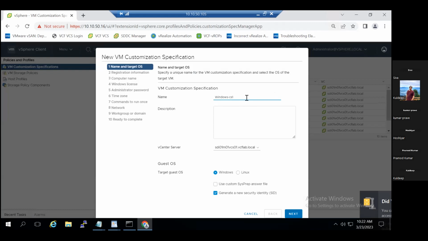All right. Come a little bit down, and there is a vCenter selection. From the vCenter selection, select the second vCenter, because our template is available in the secondary vCenter. Okay. Click second. Yeah. Same way W1. Yeah, that's fine. So for now it's okay. It's rightly selected. In the target OS is our